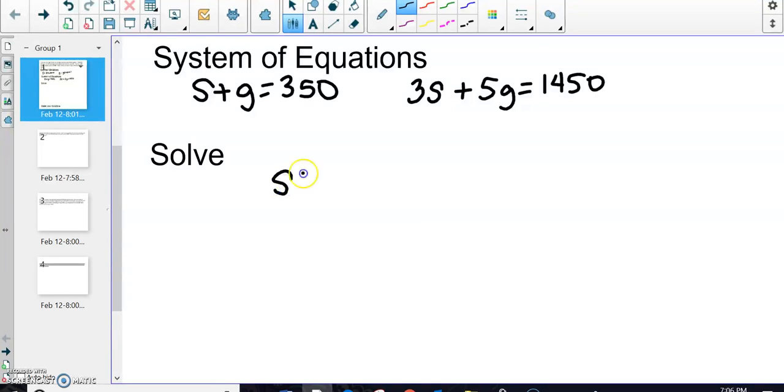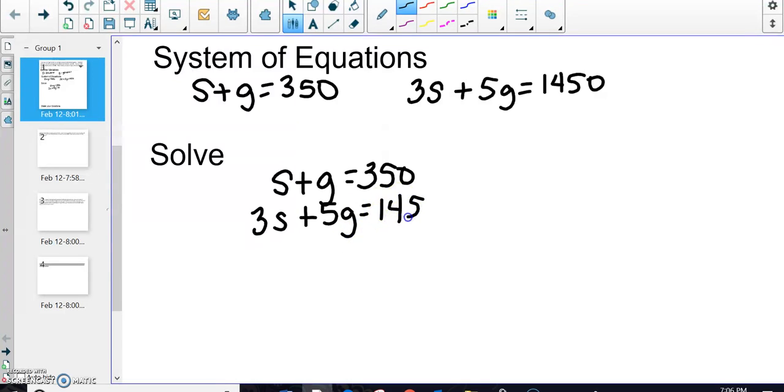So I've got S plus G is equal to 350, and then 3S plus 5G is equal to 1,450. So I'm going to multiply the first equation. I'm going to eliminate my S's, so the student tickets. So that means I need to multiply the top equation by -3. So I have -3S minus 3G is equal to, now let's multiply -3 times 350, gives me